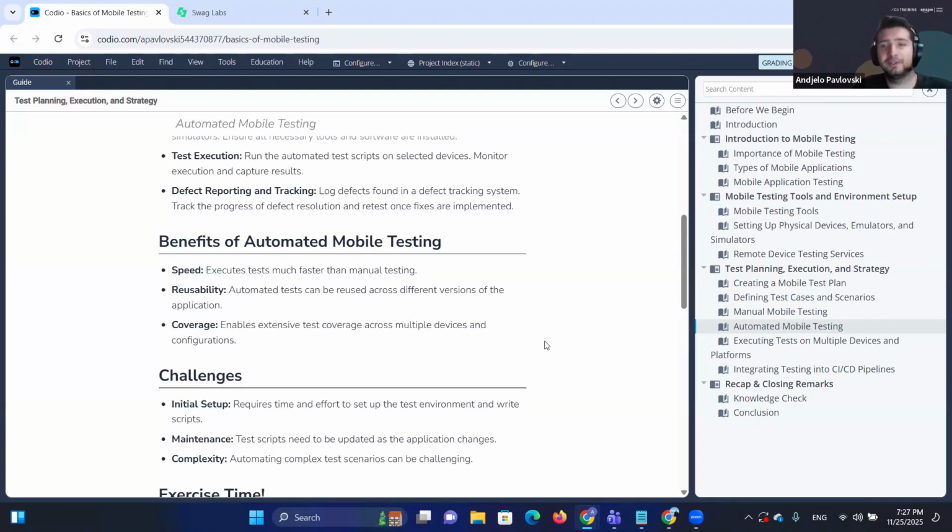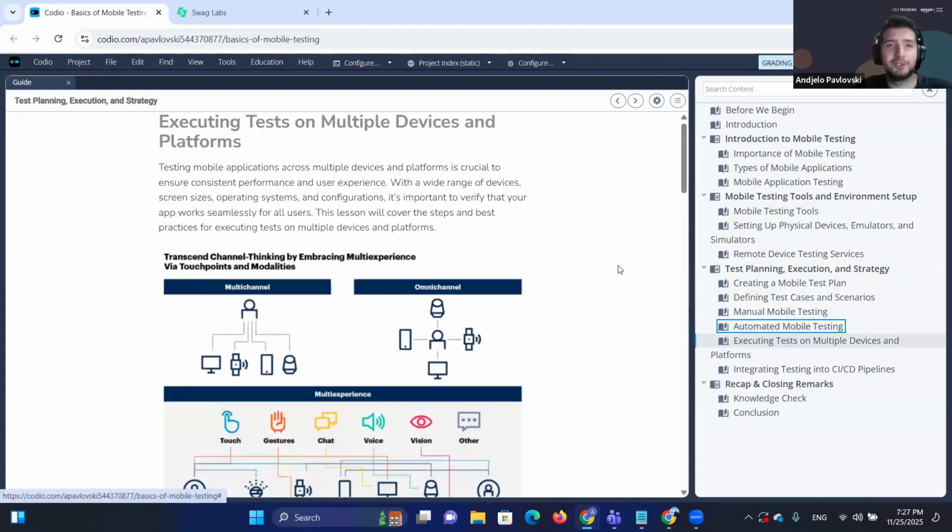Okay? If not, I'm going to continue to the executing tests on multiple devices and platforms. Okay, so we talked a bit about creating a test plan, test cases, manual and automation testing, and now we're moving on to executing tests on multiple devices and platforms. Now,